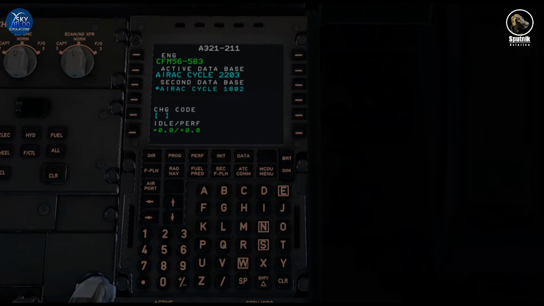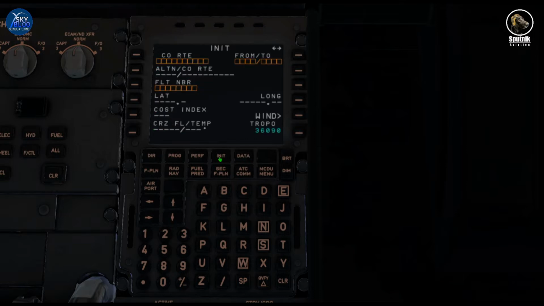The next is init A. For init A, the first thing you fill out is your destination and origin, RPLB/RPMD. Our alternate for today is Romeo Papa Mike Romeo. That's Gensan. The flight number, you should use the ICAO code for your airline